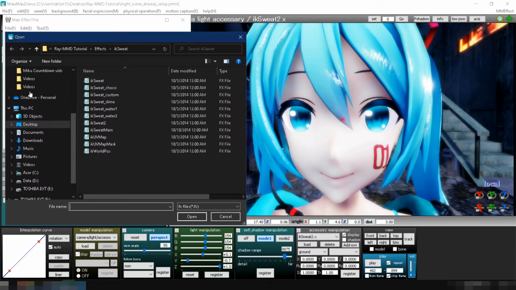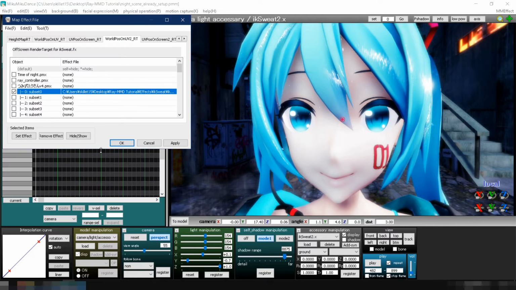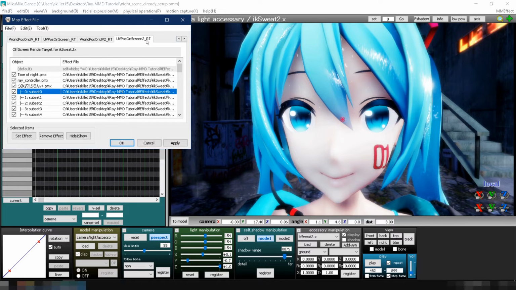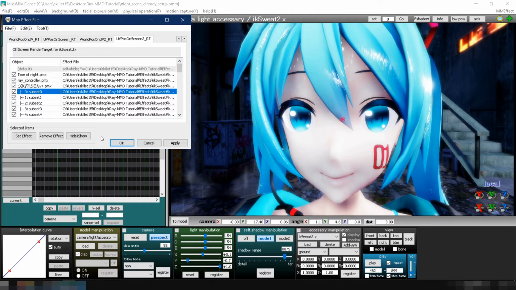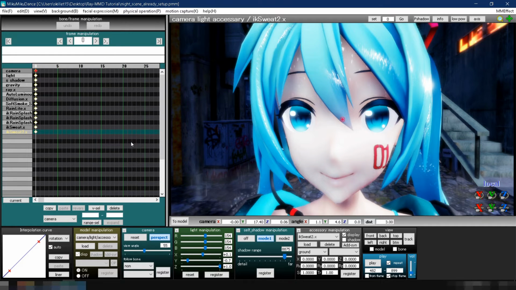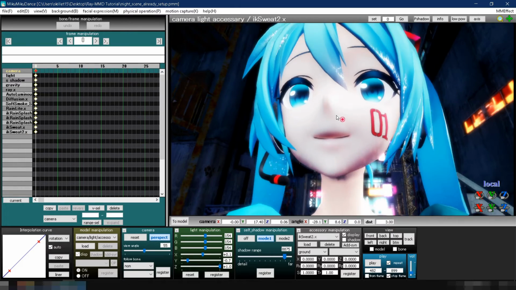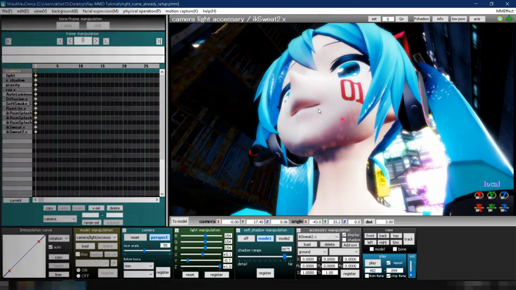Go to your Effects folder, then to the IK Sweat folder and select ikworldpose.fx. In the UV Pose on Screen2_RT tab, select the face of the model again, and from the IK Sweat folder, choose ikuvmap.fx. Click Apply, then OK to save the changes. Now you can see the water pouring on the model's face since we've focused the effect in that area only.